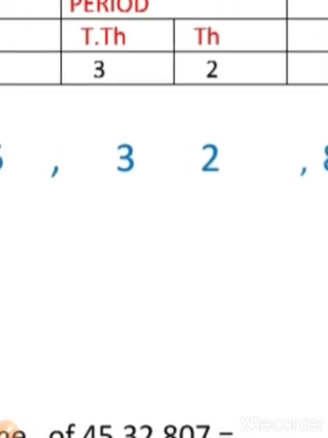Now how many digits can you see? The digits are 3 and 2. How do you read them together? You read them as 32. But students, we have to write the name of the period also after 32. So what is the name of the period? It is thousands period. Okay. So when we write the number name, we have to write 32 and after that thousand. So 32,000.